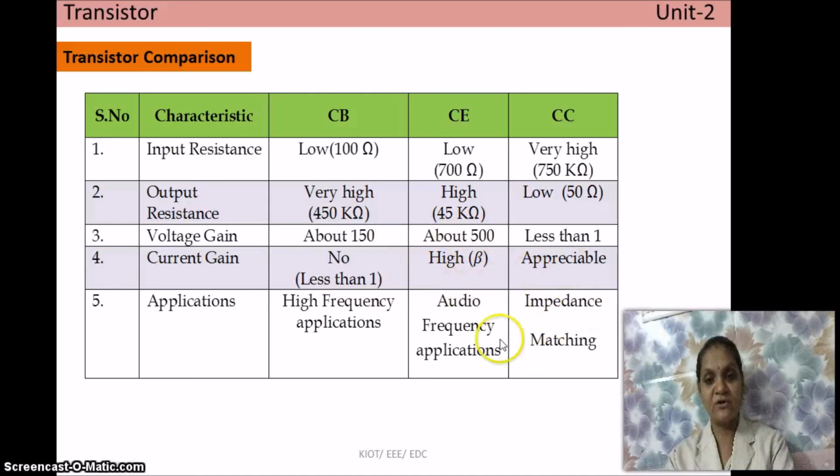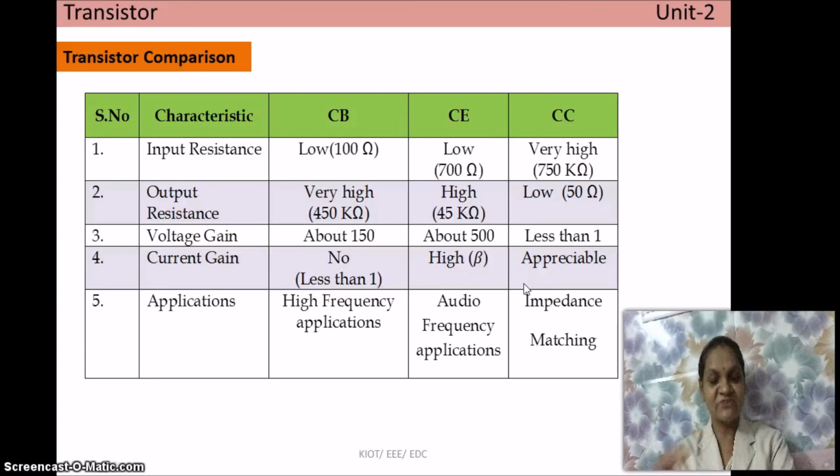The exclusive application of common collector is impedance matching. For almost all applications, to overcome the impedance matching problem, we use only common collector. So what is meant by impedance matching? We may use some source and some load. The source may be at high impedance and the load at low impedance. We cannot connect the source and the load directly. If we do, a lot of voltage will drop in between. So in between we have to use an appropriate device that matches the impedance between the source and the load.